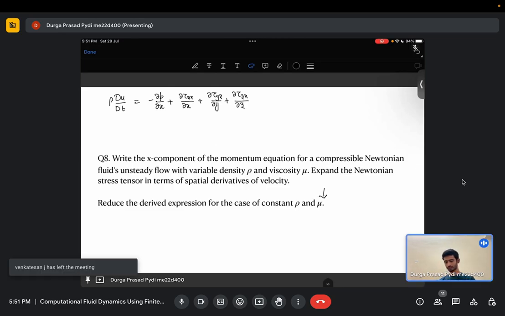Say, suppose we ignore the body forces for now, or say the body force, gravity, is along the z direction or something. So essentially we don't have that in the x component. So if this is my original equation, what I'm asking you to do now is use the relation between tau, like for a Newtonian fluid,